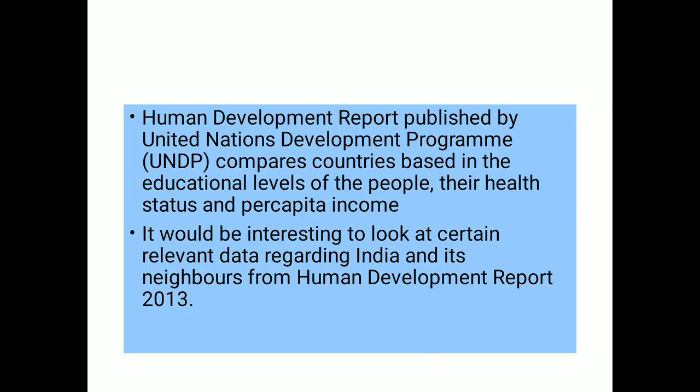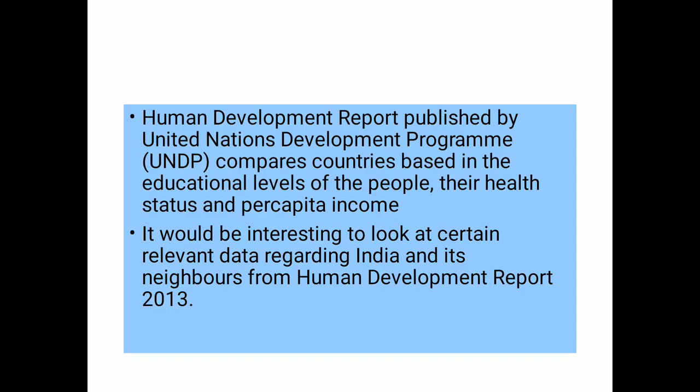Human Development Report. Already we discussed the Human Development Index. That will be given by the Human Development Report itself. In this report only, the index will be given. Which country is in first position? The health, hygiene, educational status, everything will be given there. And this is published by UNDP, the United Nations Development Program. This is a part of UNO. It gives the ranking for the countries, which country is in the best position depending upon the health status and the per capita income of the people.